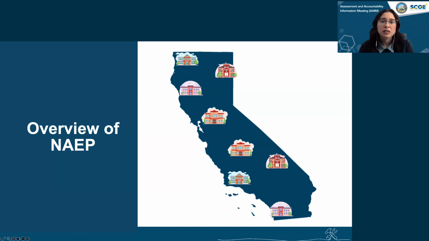Another really important part that everyone asks about is results. I know that's a topic of interest when it comes to all assessments. But NAEP results may allow policymakers and educators to say a lot about groups of students, but nothing about individual students, individual schools, or most districts, except for LAUSD and San Diego USD, who participate in our TUDA program, and they get district level results. But everyone else, no individual level scores or results at all. It's just telling us information about groups of students specifically.